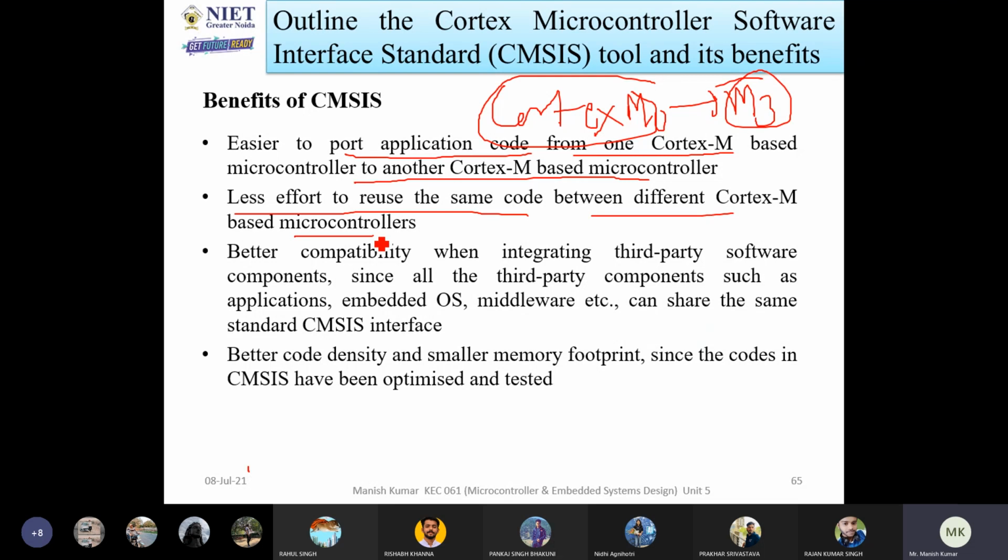So you have to change the particular port in the program. So it will be less effort to use the same code between the different Cortex-M controllers. You just manipulate the ports and so on, and your code is ready for the other versions of Cortex-M based microcontrollers.